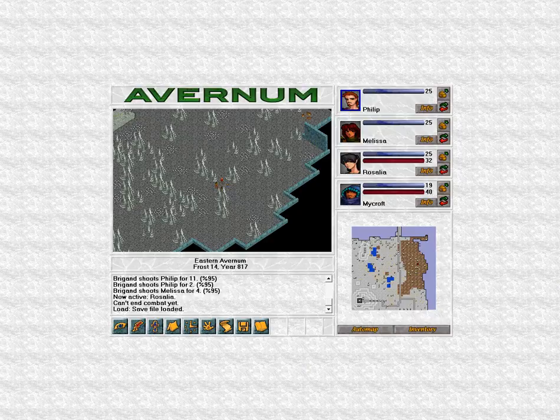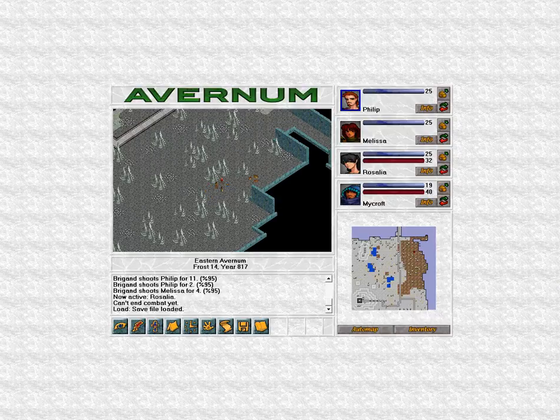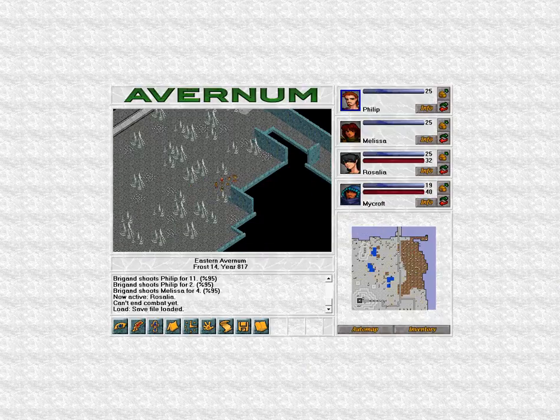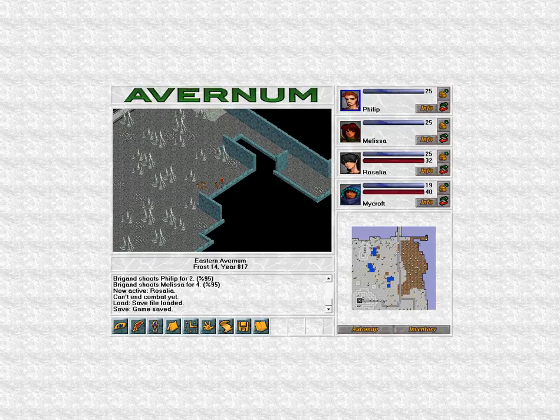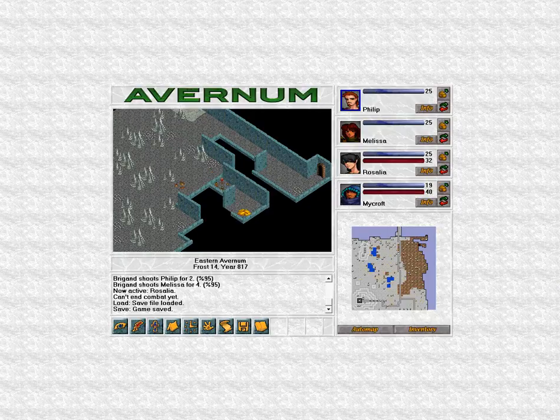Oh, now here's the thing. Remember where we were? You find the remains of a campfire. You'll notice that the auto map has changed. I apologise for the noise if that's blocking. They're just cutting the grass outside, which is bloody annoying. But yeah, you will notice here, if you look on the map where the dot is, there appears to be a secret door here, which